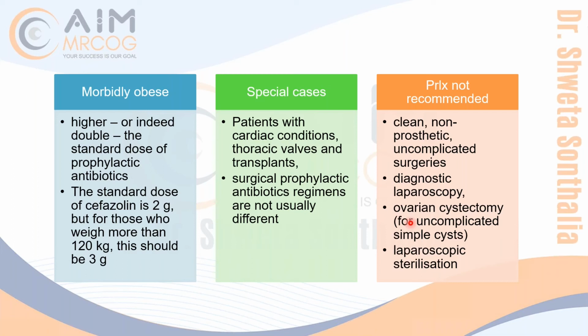This is a very common question in exam, that when you will give, when you will not give. So you should have clarity about antibiotic, when to give, when not to give. If you are doing ovarian cystectomy for uncomplicated simple cysts, like laparoscopic ovarian cystectomy, you will finish within 15 to 30 minutes. So it doesn't take longer and it is an endoscopic surgery. All these laparoscopic procedures, you don't have to give any prophylaxis. Please remember this, because they might make an SBA saying these three and one fourth, which fourth one requires the prophylaxis, and these three don't require a prophylaxis. Am I clear about this point?